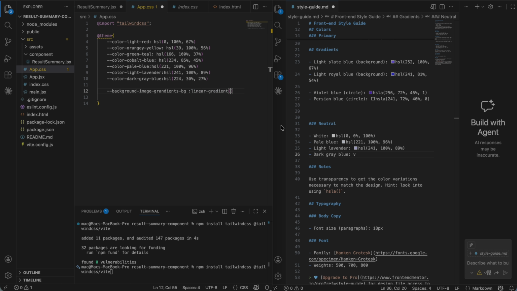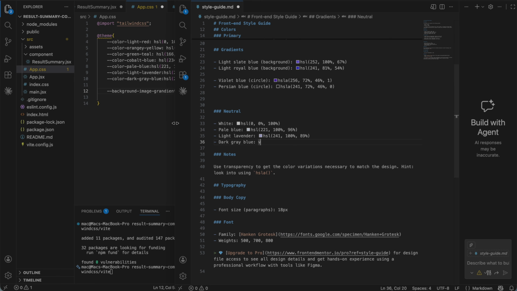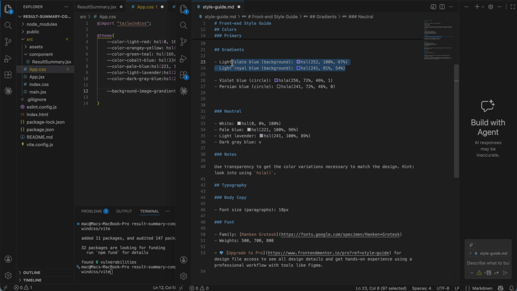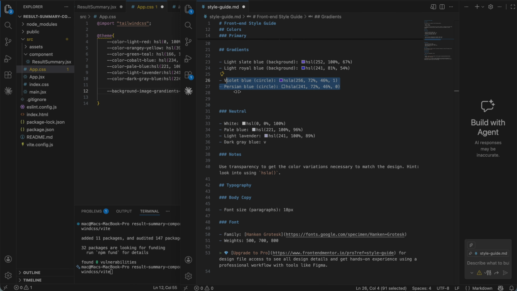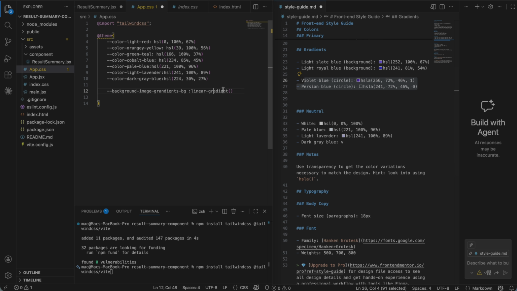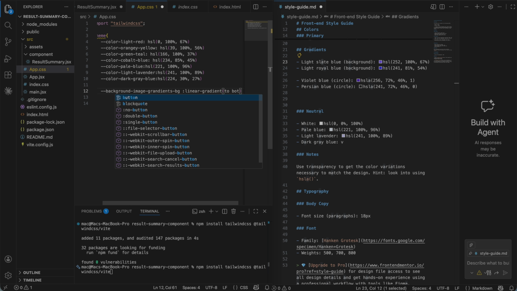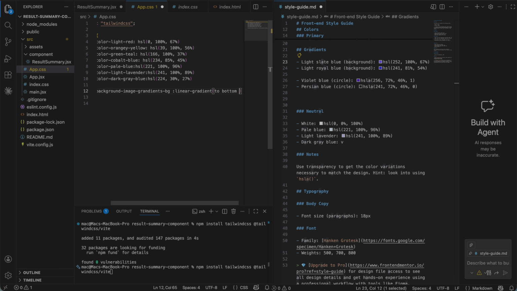Okay, just need to see. Okay, so we have the first linear and the second linear. So I'm going to combine these two. So the first one, gradients. Okay. I think they start from the bottom, so we're going to say to bottom,